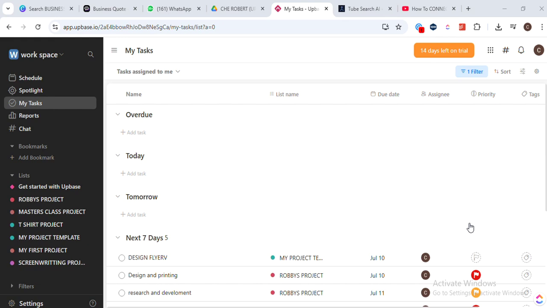First up, you'll want to log into your UPBASE account. You need to be an admin or a project manager to invite members to a project. This is crucial because these roles have the necessary permissions to add new members and ensure the right people have